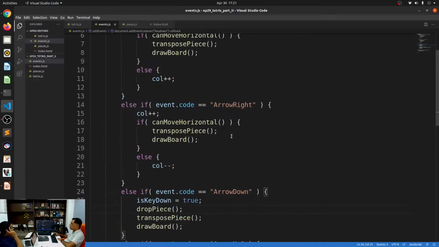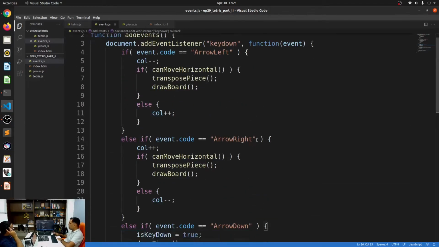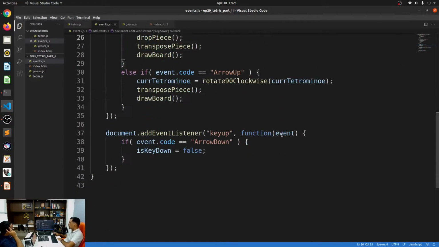So let's just go to our rotation code. So arrow left, arrow right, arrow down, and then arrow up. All right. So to do that, there is no easy way to do this. It's a little bit complicated, but we'll still have to do that. Basically, a lot of conditions. Right. At least 3 different conditions: on the left, on the right, and then between the pieces. Got it.